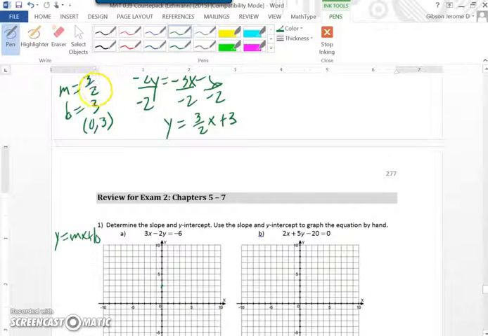So now we would take the slope. We will have our rise of 3 and our run of 2. So we'll go to (0, 3), and then we will rise 3: 1, 2, 3, and then we will run 2 to the right, which would be here. Now we'll do that one more time, rise 3: 1, 2, 3, and then go 2 to the right, which is here. Now we can connect these points